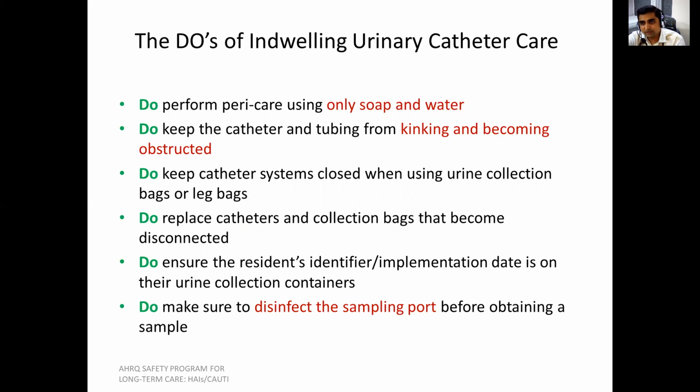Whenever emptying the urine into any jug or urine pot, which is not sterile obviously, the catheter outlet should not come in contact with the urine collection pot, and it should be reserved for the particular patient. So it should be labeled. It should not be used for another patient, and it should be disinfected regularly after each use. So this part we have not discussed. It is very important. The urine collection pot should be reserved for a particular patient, different patient, different pot, and it should be disinfected. It should not be in touch with the urine bag.